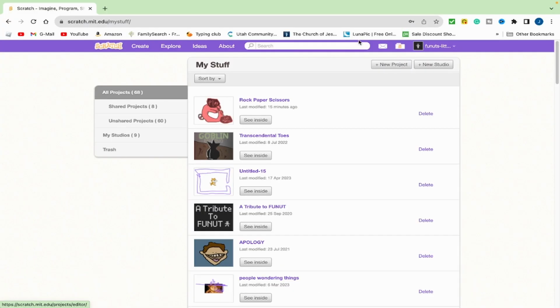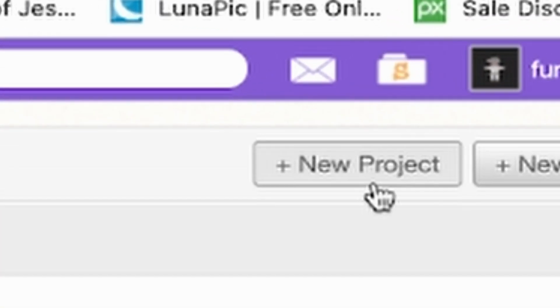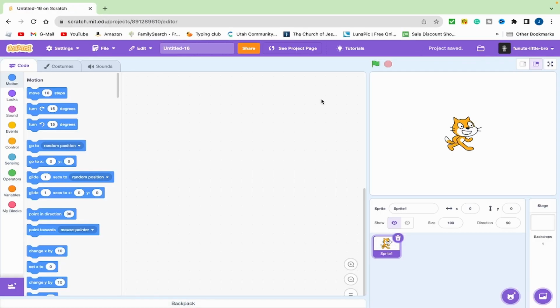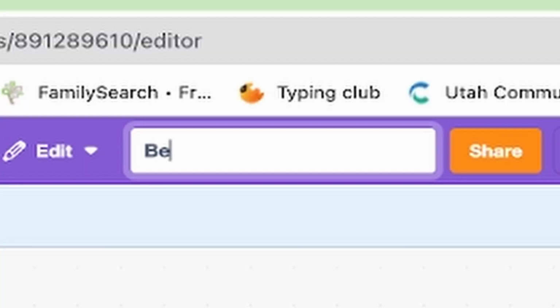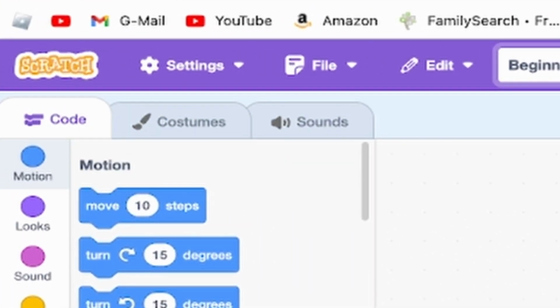So, you might want to know how to create a new project. Click on this area and click new project. Simple, right? Now, you title that project whatever you think is best to title it. So, let's think of some things to do. Well, first, let's explain what all of these three things are, which they're pretty self-explanatory, but we're still going to